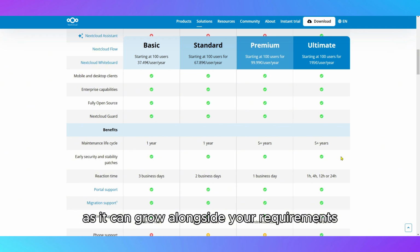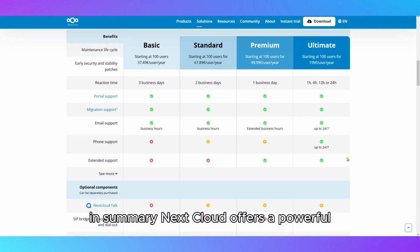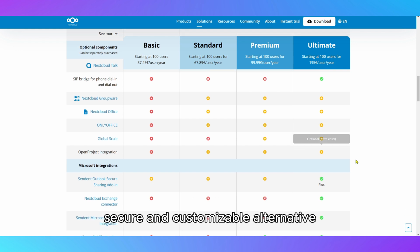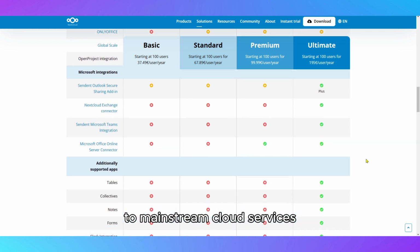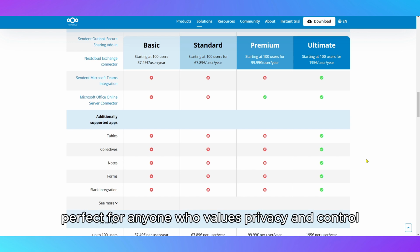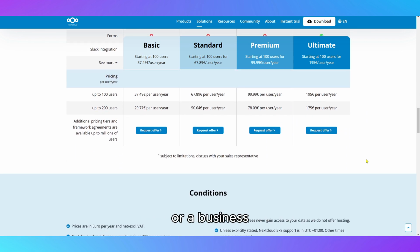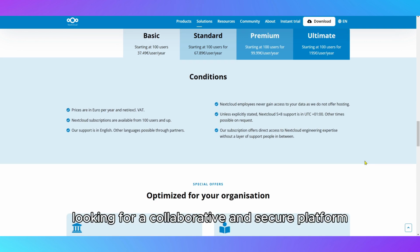your requirements. In summary, Nextcloud offers a powerful, secure, and customizable alternative to mainstream cloud services, perfect for anyone who values privacy and control. Whether you're a tech-savvy individual or a business looking for a collaborative and secure platform, Nextcloud